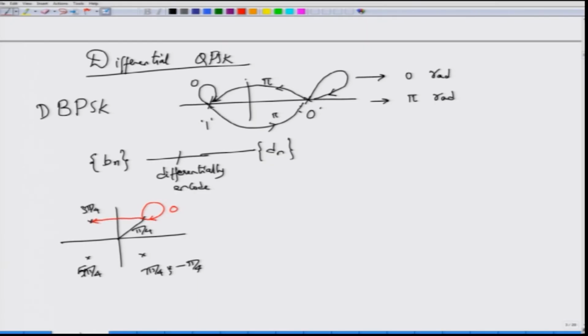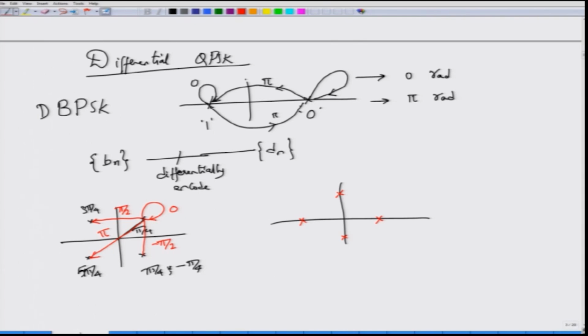This transition from pi by 4 to 3 pi by 4 is a 90 degree transition, right. So, I can represent this transition by sending out a pi by 2 shifted cosine signal. This transition from 5 pi by 4 represents a pi transition, and similarly pi by 4 to minus pi by 4 would represent a minus pi by 2 transition, right. So, if you look at the differential encoding that I need to do, I have 4 different transition points, which is 0 phase difference, pi by 2 phase difference, pi phase difference, and finally minus pi by 2